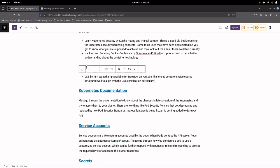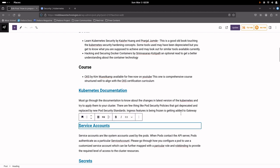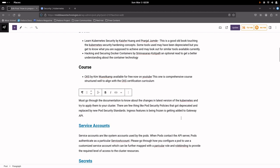Otherwise, if you are just going through the course material, you will not get to know about the different new features that have been getting added and the older features that have been getting deprecated in the new version of the Kubernetes cluster. So I would prefer you to go through the Kubernetes documentation at least once and give it a glance,